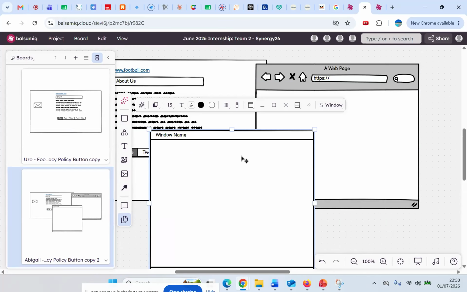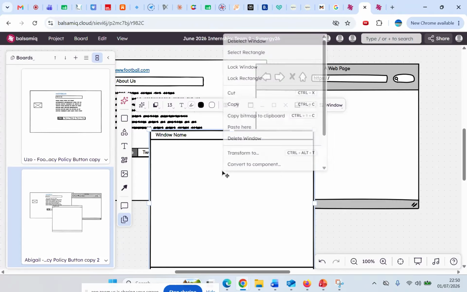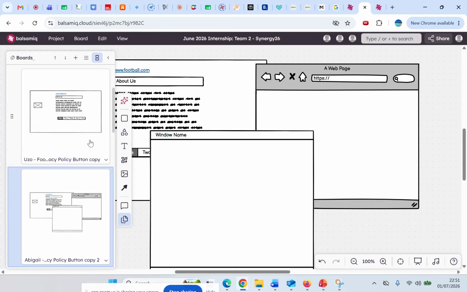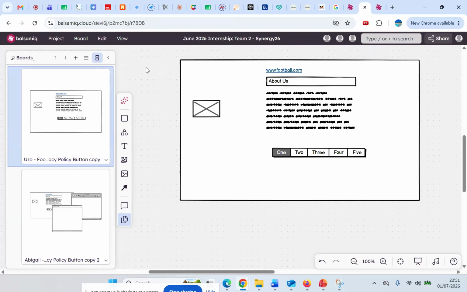Then once you agree on what it looks like, if someone wants to add the logo, they can duplicate this, add the logo, and then keep working on it. There used to be a way to lock stuff up, but okay, there actually is. So again, let's say I'm done with this. I finished working on this, and I want to